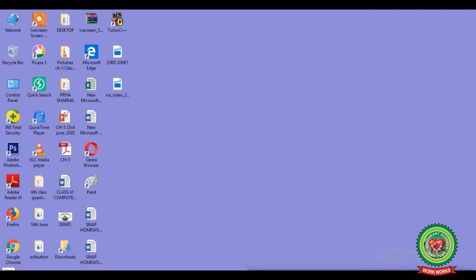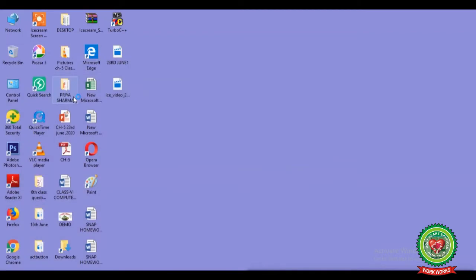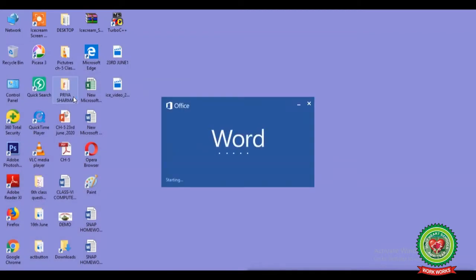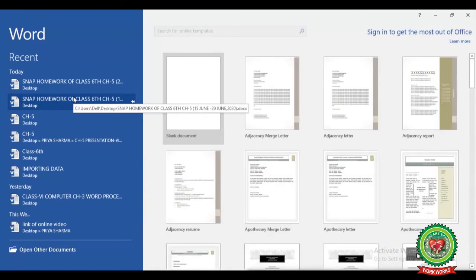Click on Start button. From Start submenu, click on Word 2016. After clicking on Word 2016, here you have to select the option Blank Document.